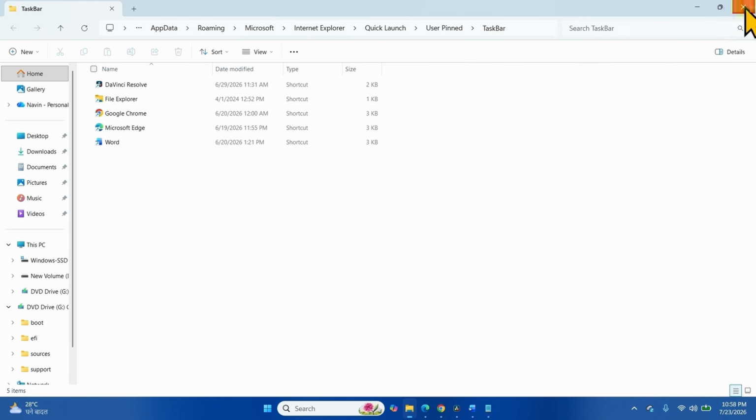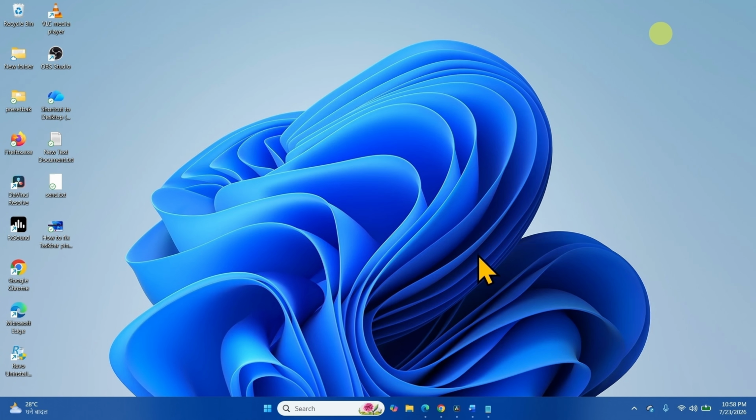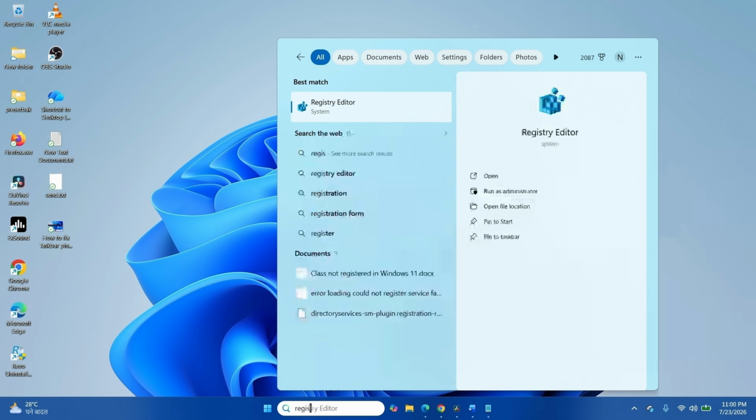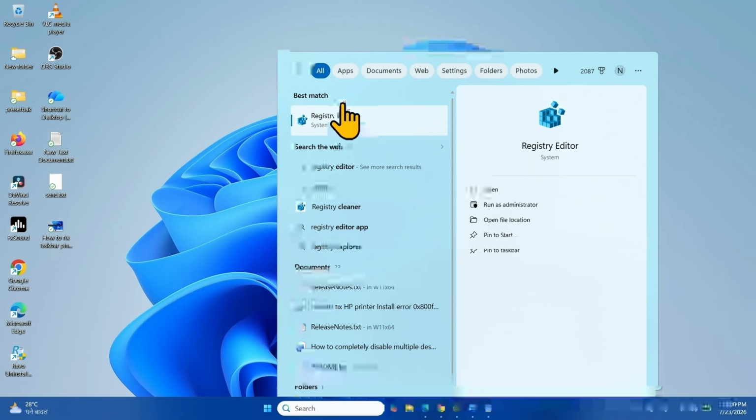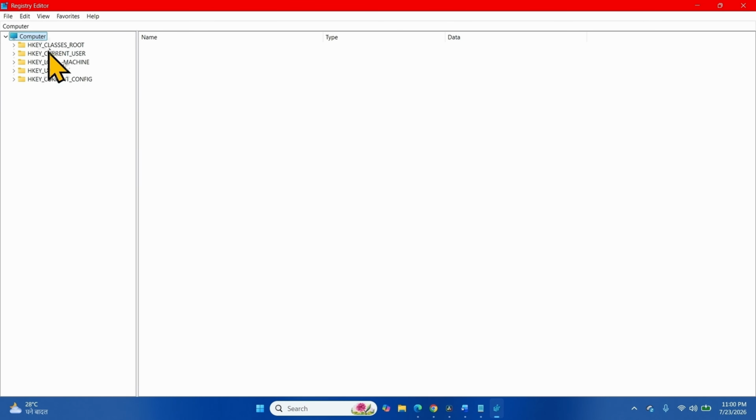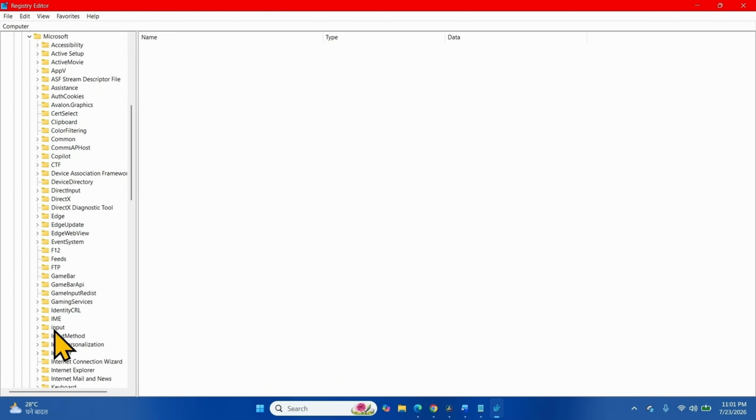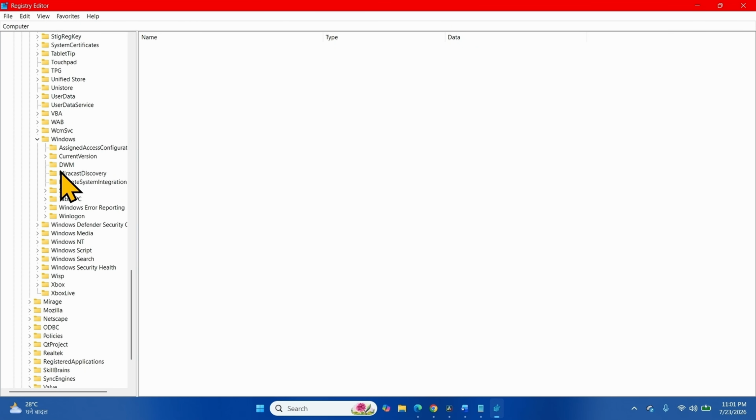Then close the folder and launch the Registry Editor. Click on Search, type registry, click on Registry Editor, go to HKEY_CURRENT_USER, expand it by clicking on this arrow, then expand Software, this one, then Microsoft, then go to Windows and expand it, go to CurrentVersion,